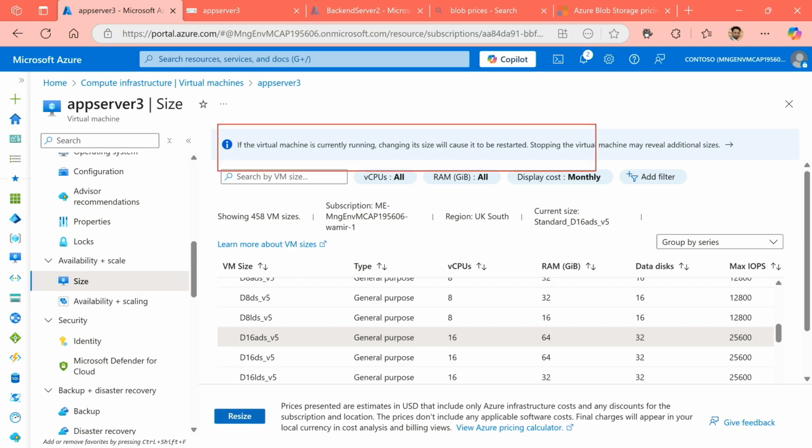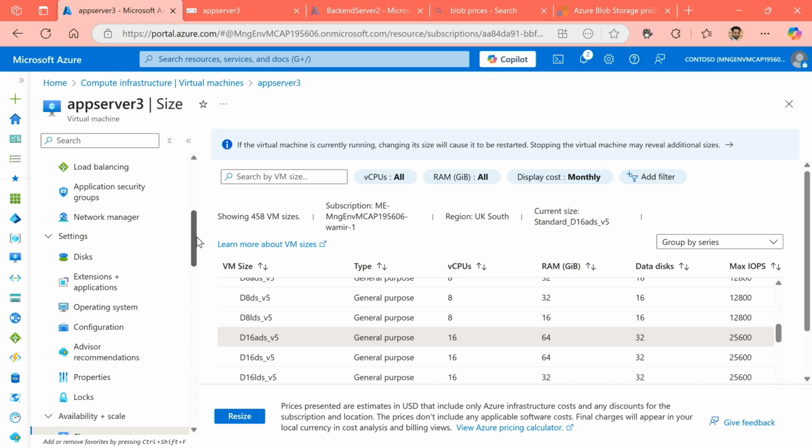However, one thing that's very, very important to remember for IaaS solutions, in this case a virtual machine, scaling up and down will involve some downtime, because for the hardware in the back end to release and allocate new compute, it will need to stop and start again. And that is where the downtime would be added to this change. So again, I can size up or size down, which in this case will be scaling up or scaling down.